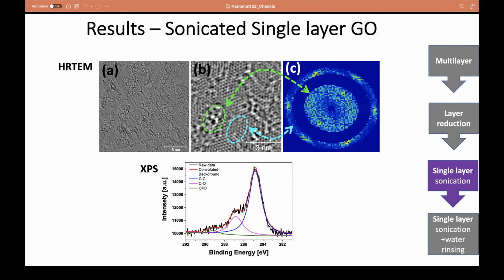And these measurements we did after 1 hour of sonication, and we get this very nice picture that other researchers also succeeded in getting. You see this clear pure graphene, and on top of this, we get these clusters. This looks like oxygen debris. And even here, if we perform